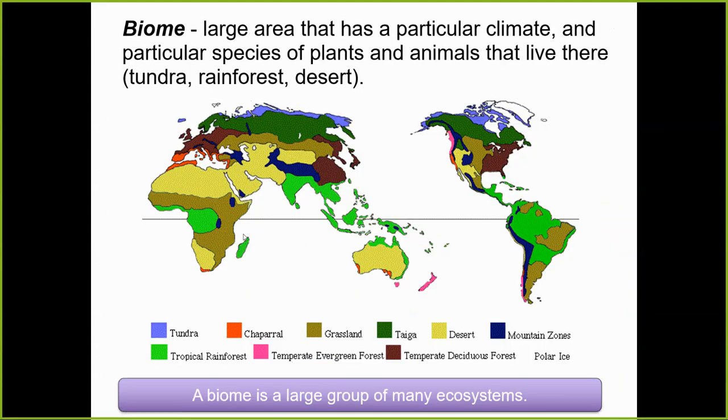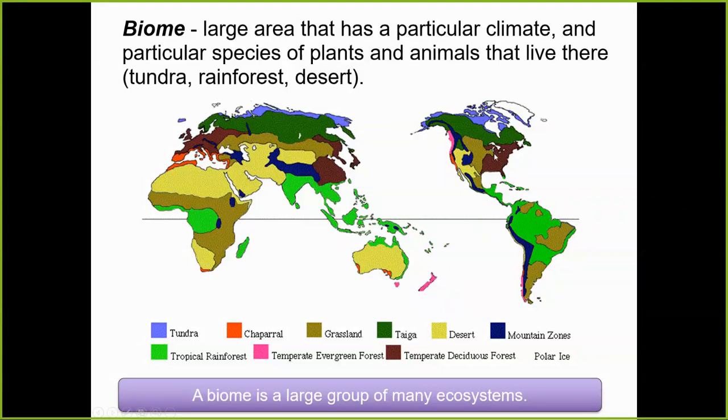All right, so the next thing that we have, the next level of organization that exists within the biosphere is a biome. So this is a map of the 10 major biomes in the world. So we have tundra, tropical rainforest, what we call a chaparral. You can see it here in California and over here. Grasslands, taiga, desert, polar, and right here